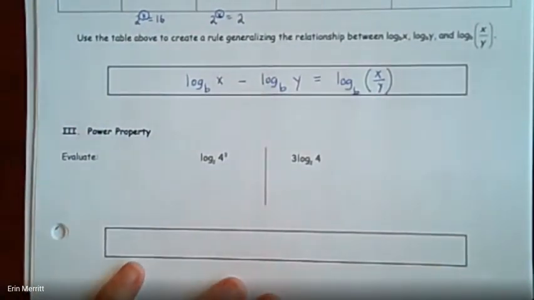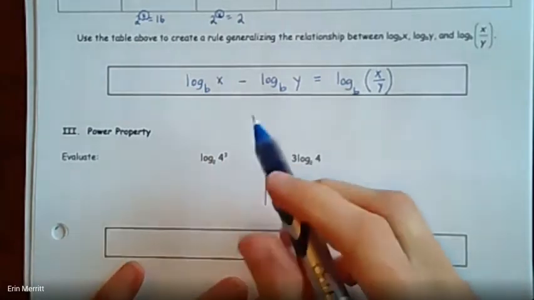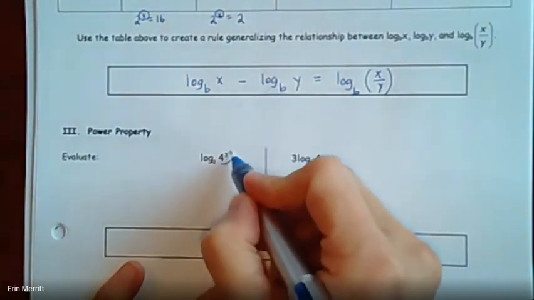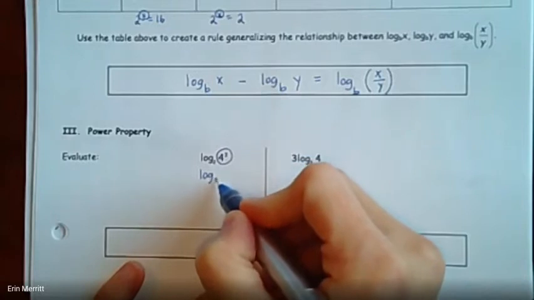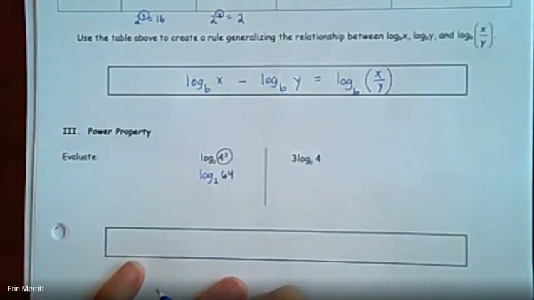For this, I want you to take this first part, and let's keep this and evaluate 4 cubed first. So we know 4 cubed is 64, which means we have log base 2 of 64. Right? What's that